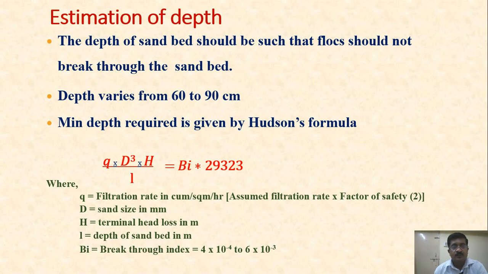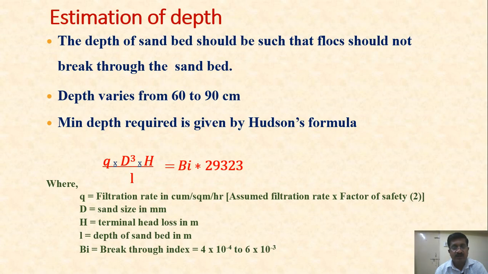Estimation of the depth. The depth of the sand bed should be such that the flock should not break through the sand bed. If the depth of the sand bed is less, remember the flocs will release from it, so that should be avoided. Depth varies from 60 to 90 centimeter. Minimum depth is generally given by the Hudson formula. Other formulations are there, but the Hudson formula gives Q multiplied by D cube multiplied by H divided by L is equal to BI into